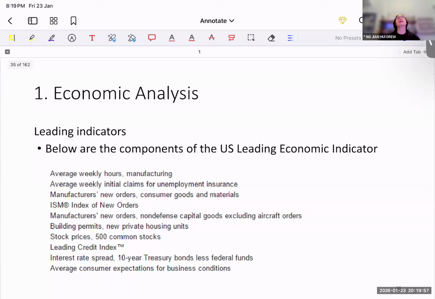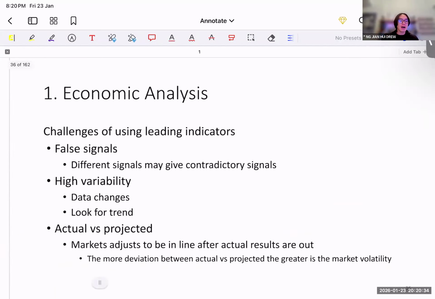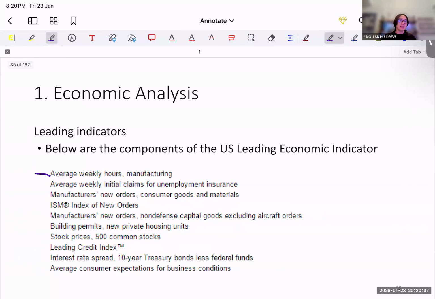And in the simplest form, imagine that we notice the number of hours worked in, let's say, a manufacturing factory has been increasing over time. This becomes a leading indicator to tell you that maybe the factory is producing more, right? The people are working longer hours. They are producing more, meaning that when production increases, there must be a higher demand, so the companies are producing to meet this demand, right? So this kind of leading indicator, let's say the average hours worked per week, is a good leading indicator.